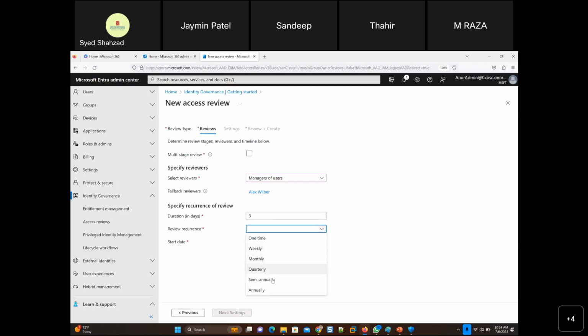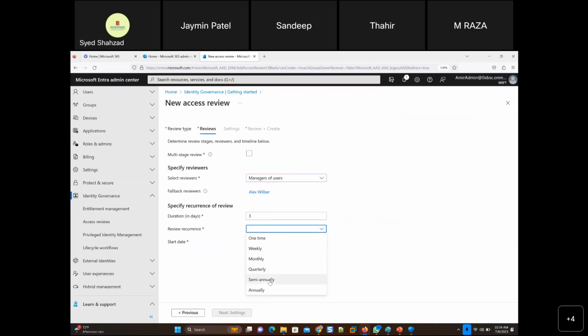And review recurrence can be weekly or monthly, quarterly, semi-annually, and annually. So it depends on the criticality, depends on the sensitivity of the group and what kind of emails are sent there. Are there company documents sent to this group which are very, very sensitive and need to be in very few hands? Then you can go monthly, or even weekly. Maybe it's a 2 week project or 6 week project, right? Or quarterly as well, or semi-annually, right?